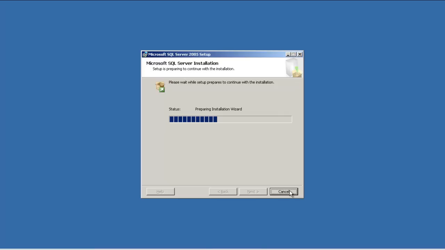Now that it has figured out all the components that have already been installed or not, depending upon that, it will give us the menu to select some of the things that we can install in the second instance.